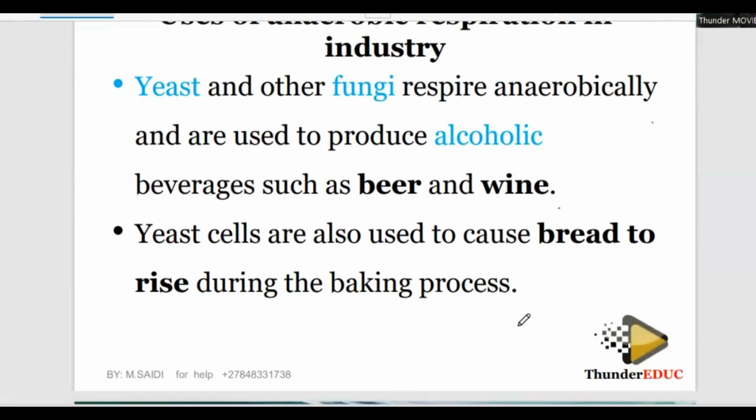Yeast cells are also used during the bread rise. You see that bread rise. Some of it is this bread called fagamoya. When you eat it, after 30 minutes you are hungry, but you ate the full bread. That bread you buy from ShopRite and Pick and Pay. You put it in the machine, and then